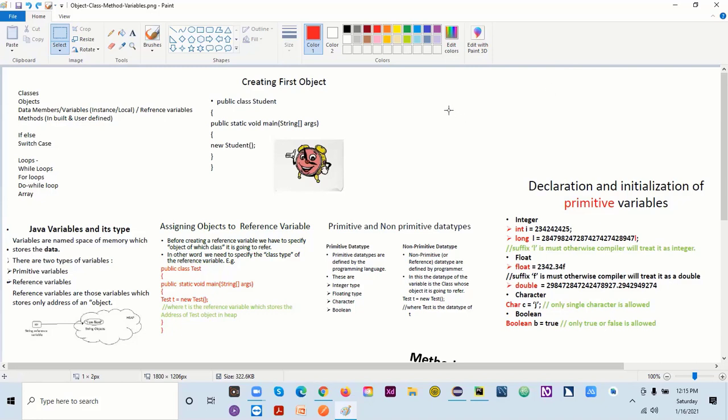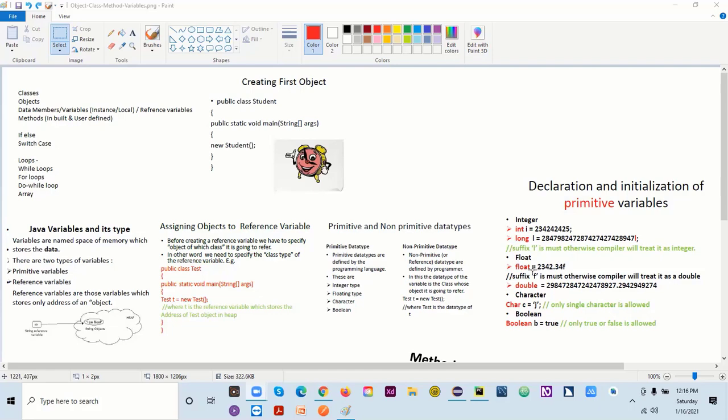yes. So unless you use this f suffix, it will not be considered a float. And if you see in long, if you will not use l, it will not be considered a long data type. So you need to put l for that. But for integer and double, you don't need to put that actually. But whenever you are using float and long, you have to put the suffix f or l. Then it will treat it as a long. Otherwise, it will not treat it as a long.